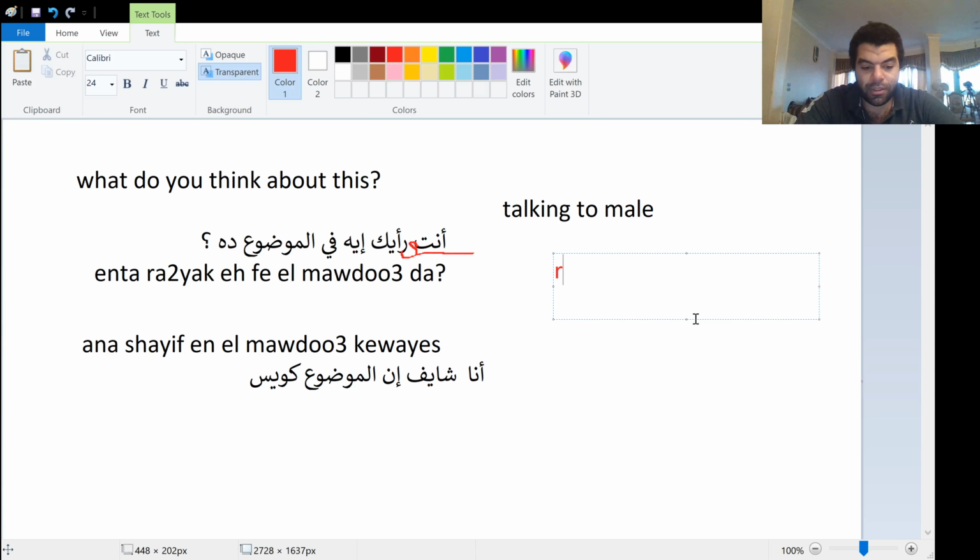So here's the difference. رأيك with alif sounds like yuck, and for a female is رأيك. This ik is the difference between male and female your. When you say this is your opinion, we add this kaf at the end, but it's yuck and yik for feminine. Okay, so انتي رأيك ايه في الموضوع ده؟ انت رأيك ايه في الموضوع ده؟